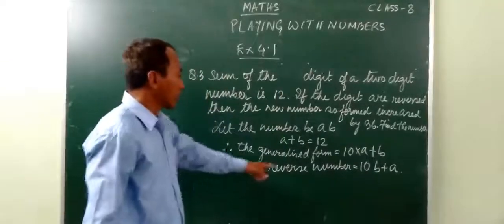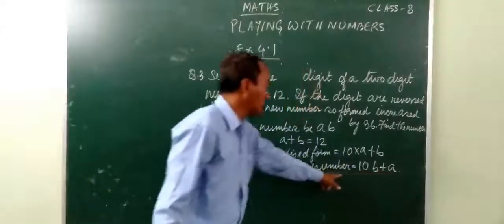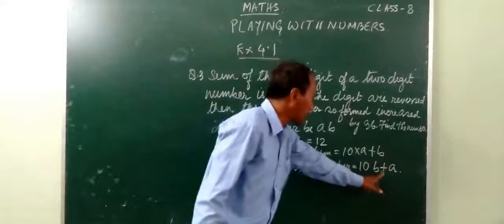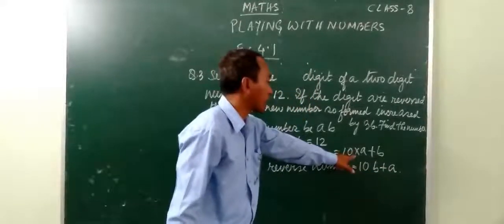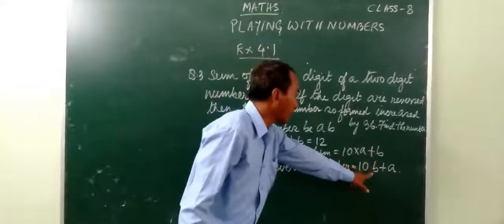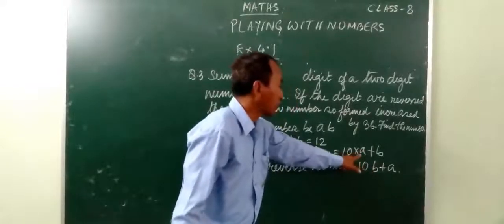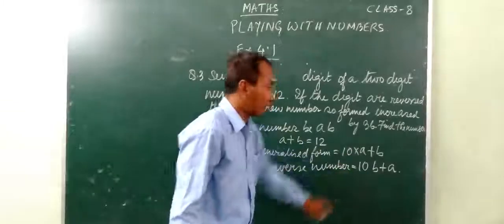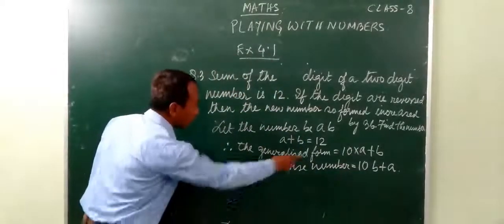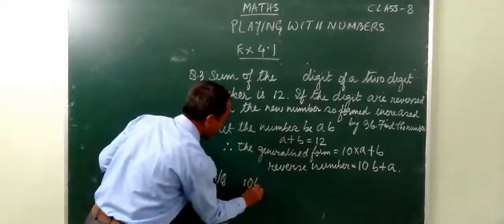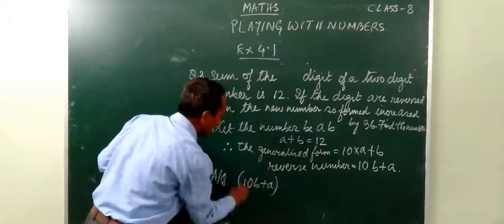So this is the new number formed after reversing. This number is increased by 36 from the original number. So this number is greater than the original by how much? 36. According to the question, the new number 10b plus a is greater